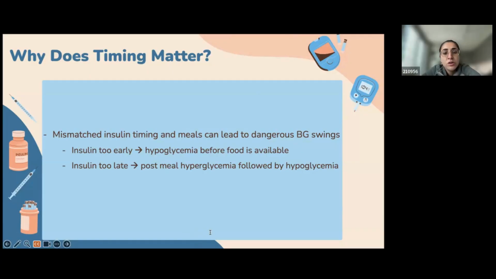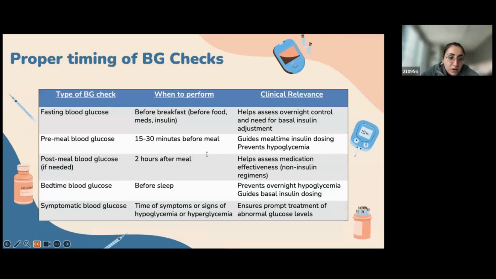In general, delayed and missed meals can be particularly risky for patients specifically on insulin and sulfonylureas. So when is the right time to check the blood sugar? This depends again on the regimen and the individualized risk of hypoglycemia. If the resident is on a basal bolus insulin regimen, they should have their sugar checked 4 times a day. This includes fasting blood sugar before breakfast and then before each meal.